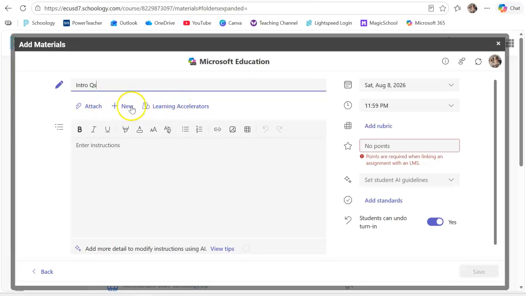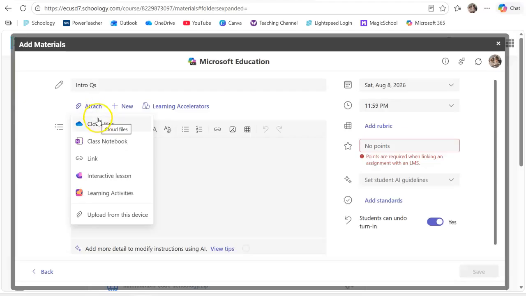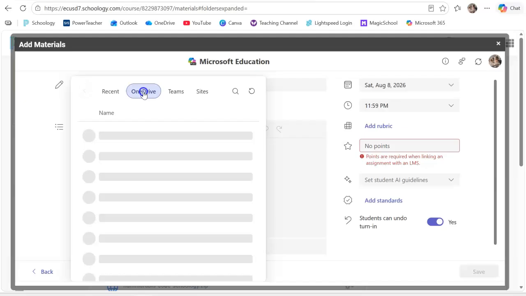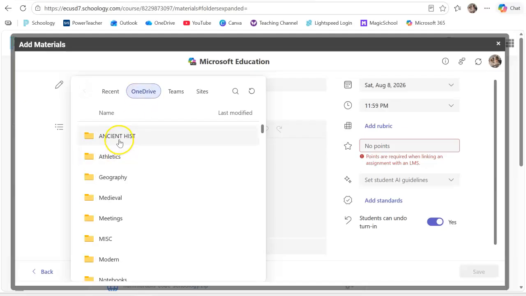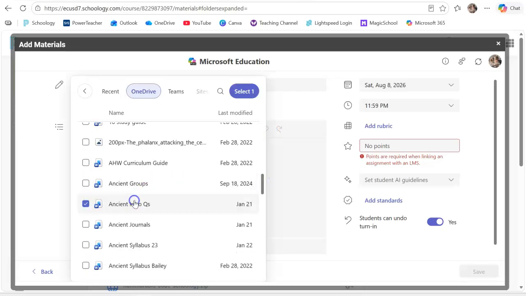Down here, I have these different options. What we're going to do is attach that document or that PowerPoint or that Excel spreadsheet, whatever it is. That's where we're going to connect it from our OneDrive into Schoology. So I'm going to click on Cloud Files. This is my OneDrive. I'll go into it. I'm just going to pull one from my ancient history because that's the first one that pops up. I'll attach these questions. I just selected that document. So now what will happen is each individual student will get their own copy of this